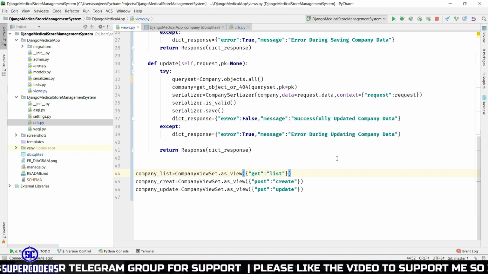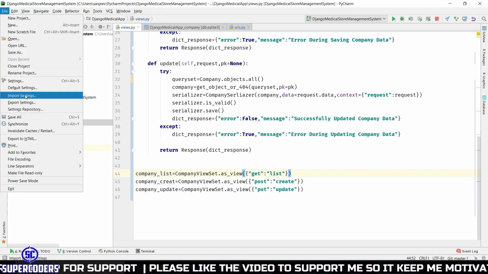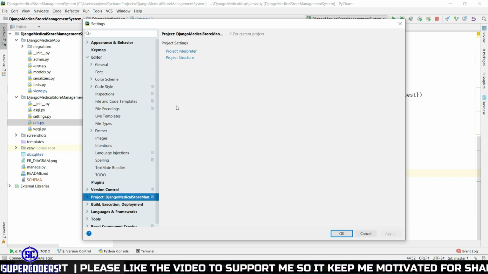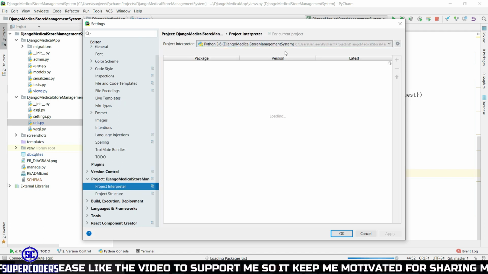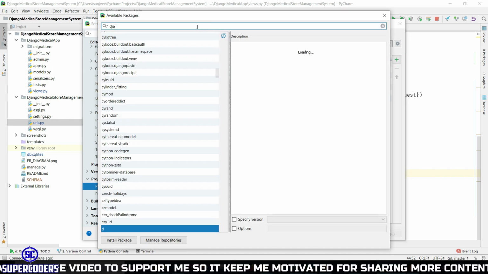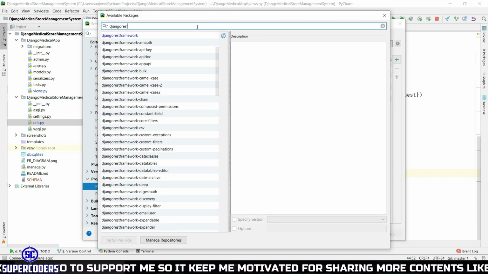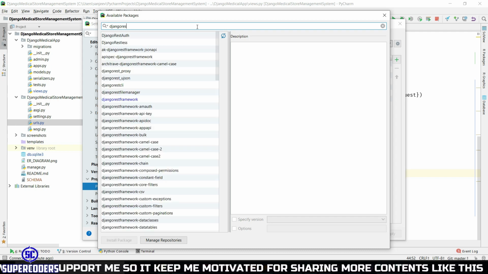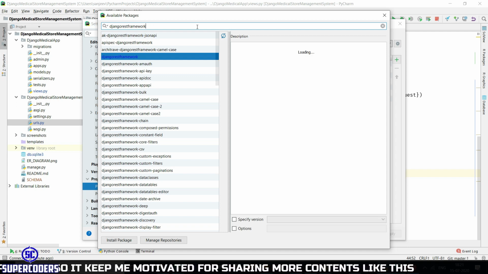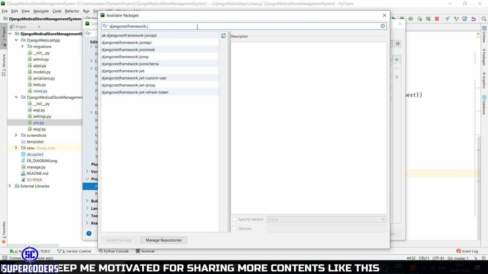Now installing JWT token. So come back here, File, then Settings, then Project Interpreter. Now click on add, then select Django REST framework JWT.